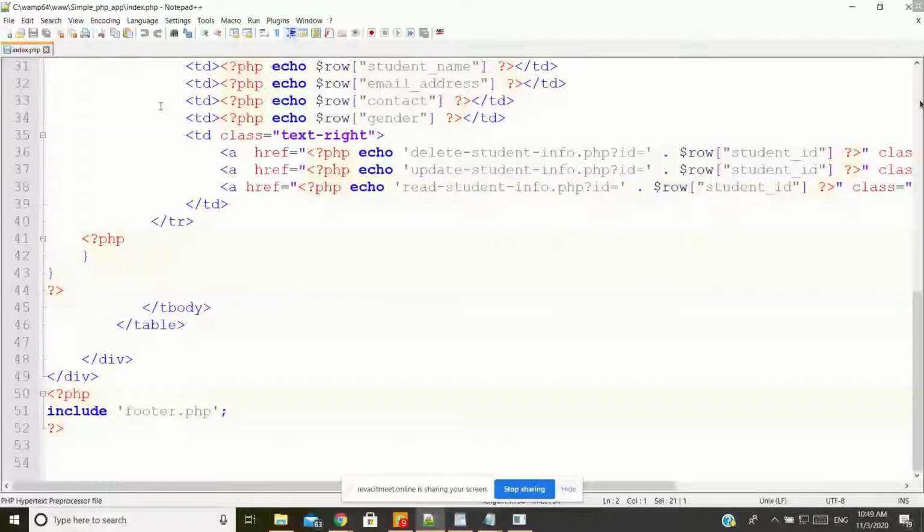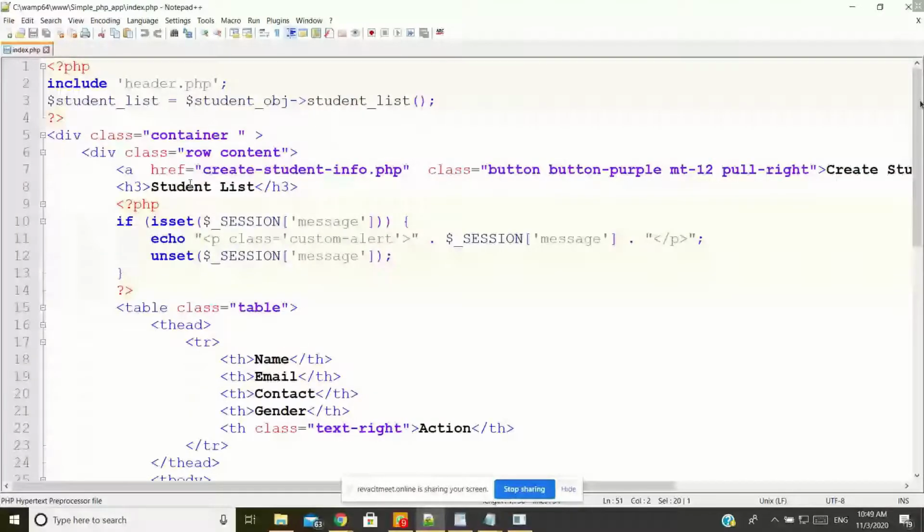Like that, the information I want to display in a footer section, I have created in a separate file called footer.php. So I need not give each and every page separate header and footer information.